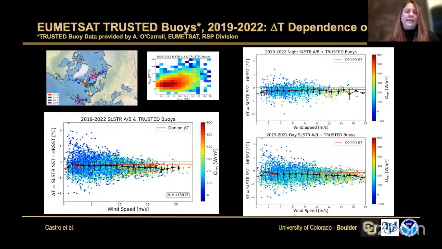These are the SST from satellites minus the SST from the buoy for the high latitudes. And yes, we have a lot of scatter because this is an indirect measurement of delta T, and the fluxes from the air are pretty coarse, and the wind speeds. But the advantage is that we have a lot of matchups, so we can sort of trust the mean dependence. And in any way, the mean dependence shows really good agreement with the simplified models for the low wind speeds, but shows a tendency to depart from the Donlon curve for the high winds.